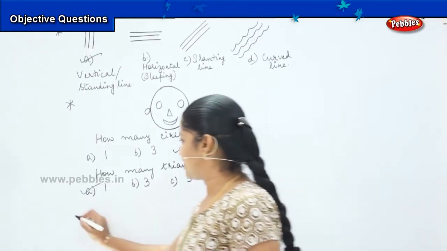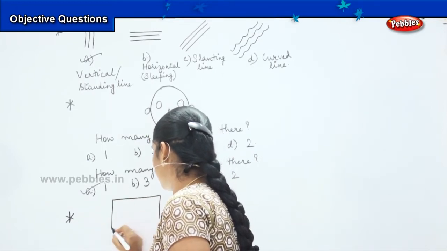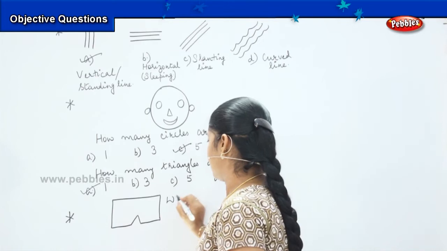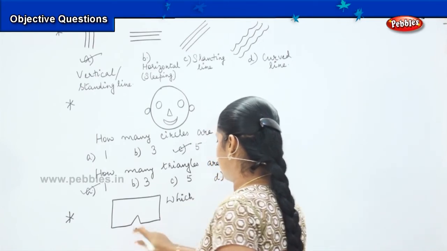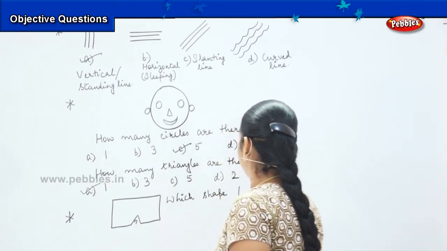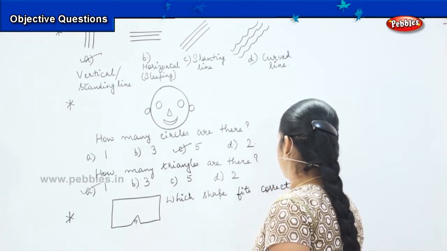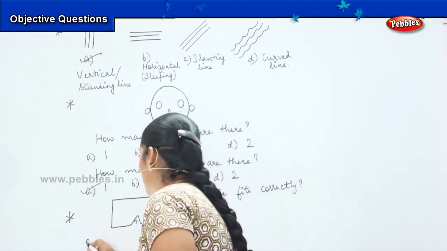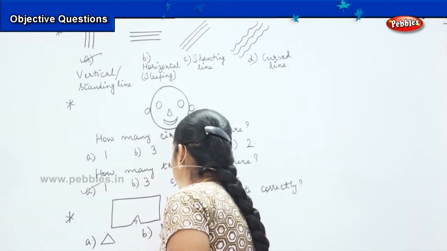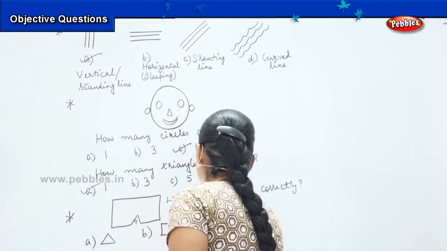Now, my next question is again a tricky question. Okay? I'm going to give you a diagram and you have to tell me which of the shapes fits correctly in this given space. Okay? Which shape fits correctly. Okay? And my option A is a triangle. My option B is a rectangle. My option C is a